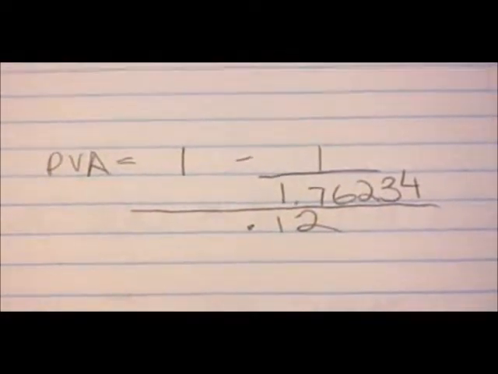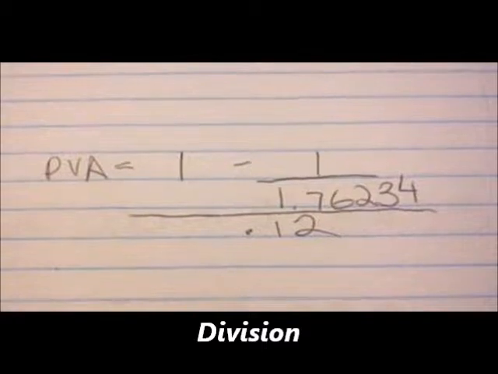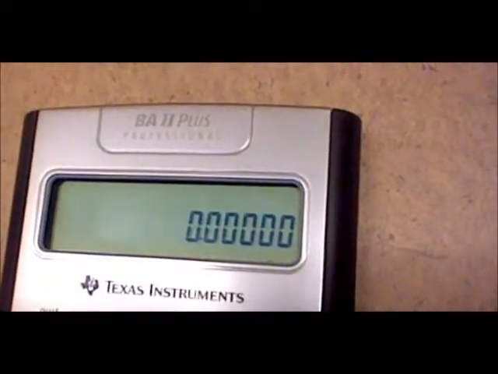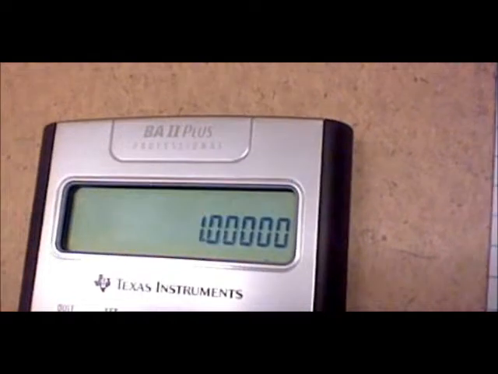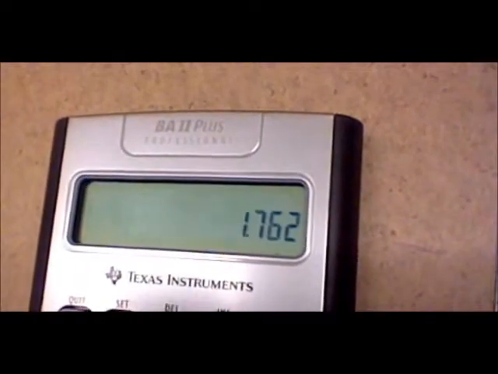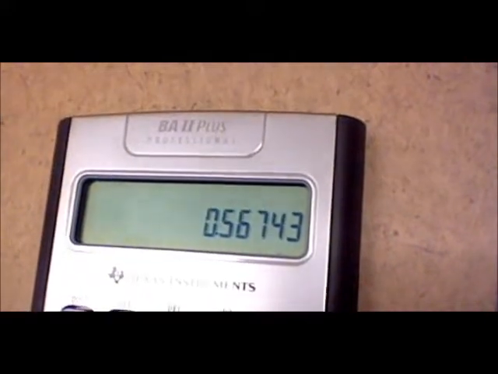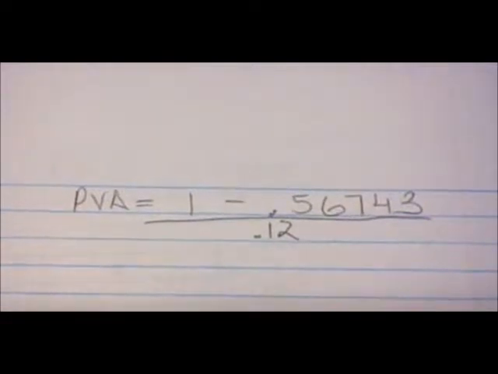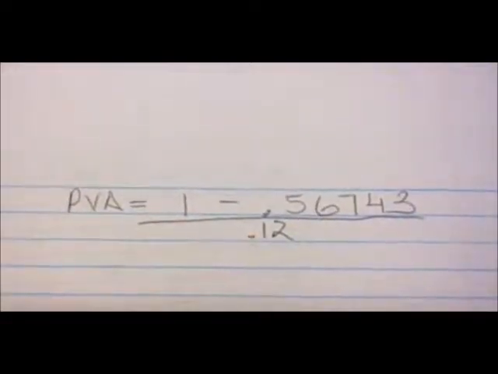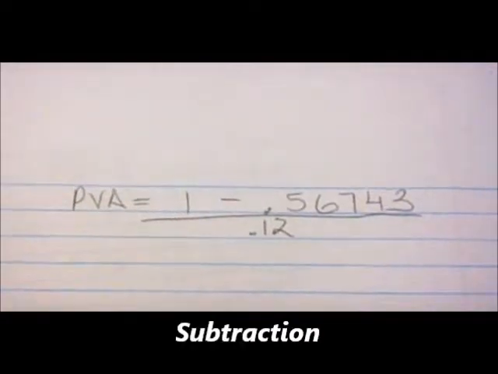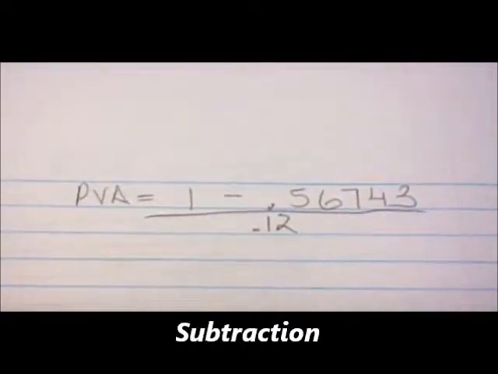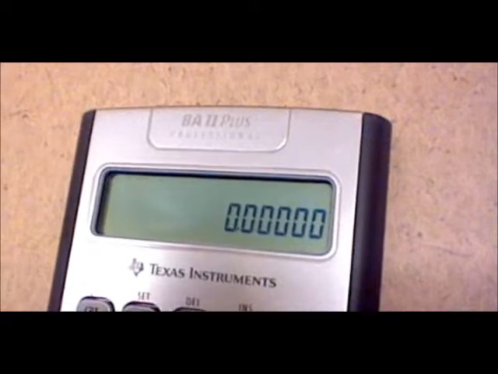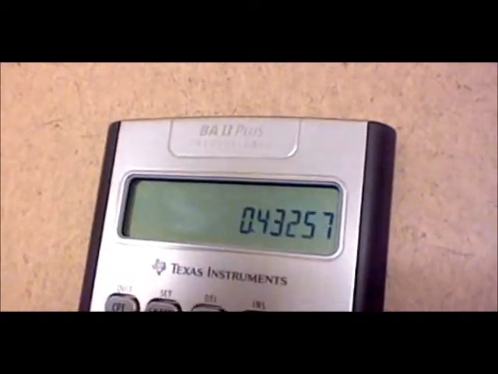So now we plug in 1.76234. So now we want to find the product of 1 over 1.76234. Okay, so we want to find 1 divided by 1.76234 equals 0.56743. So now we compute 0.56743 into our formula. So now we want to find the difference between 1 minus 0.56743. 1 minus 0.56743, and we get